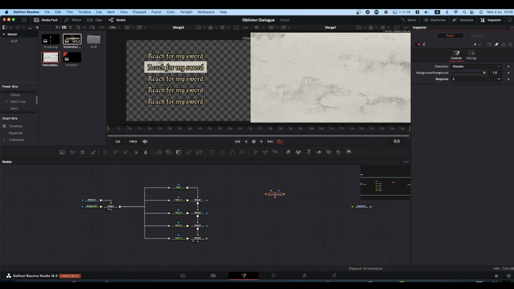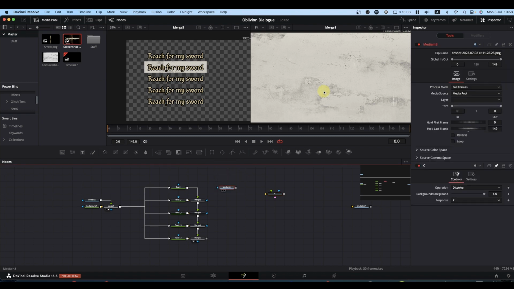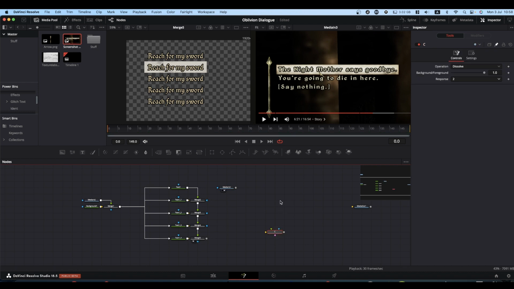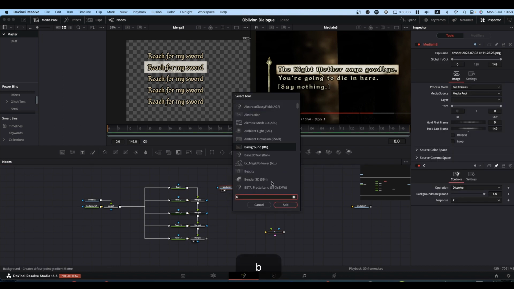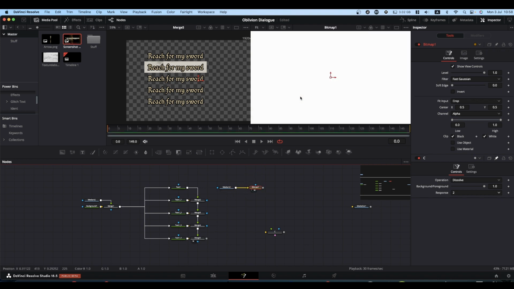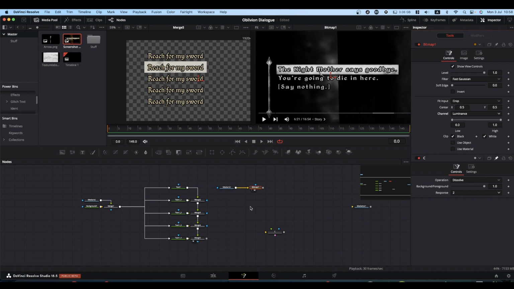For decoration, I managed, with a bit of messing about, to pull half of this arrow off this screenshot. The way I did it, and it doesn't always work, it just happens to work in this instance because you've got quite a nice area of contrast, is if you bring a bitmap in, which connects to your media by default the wrong way, pipe your image into your bitmap, change the channel to luma or luminance, and you can play with the high-low threshold